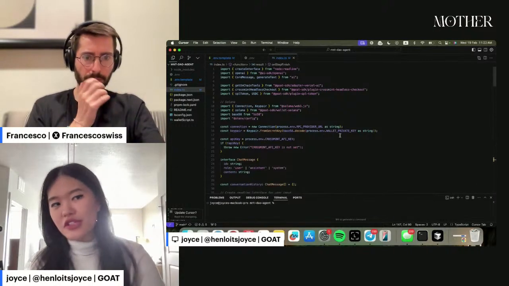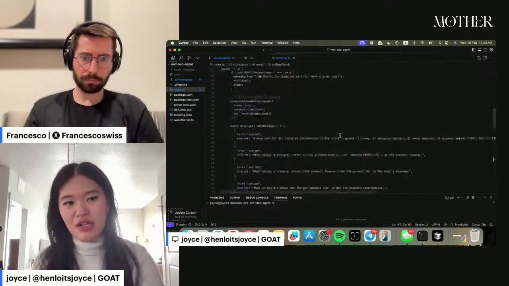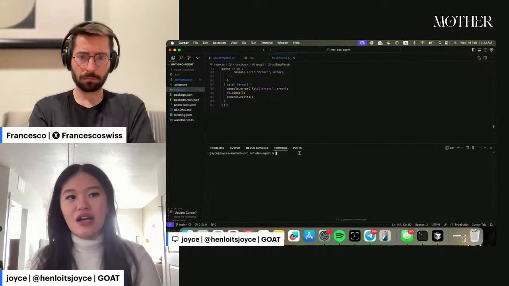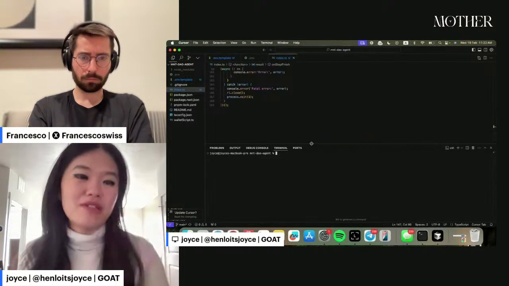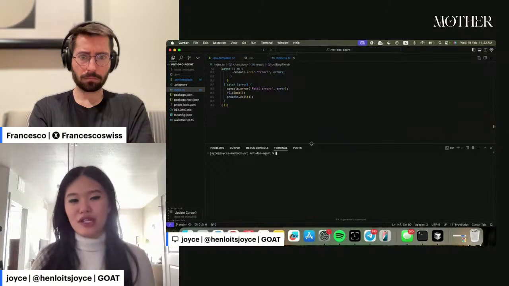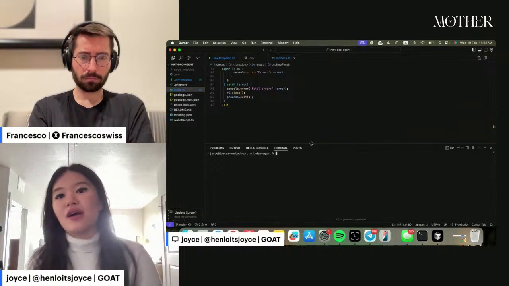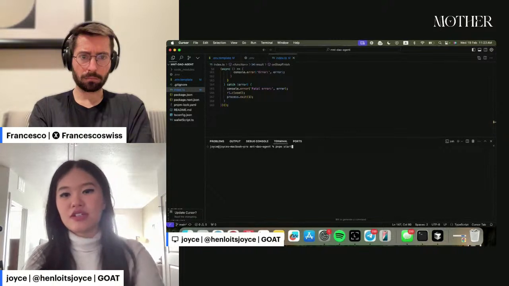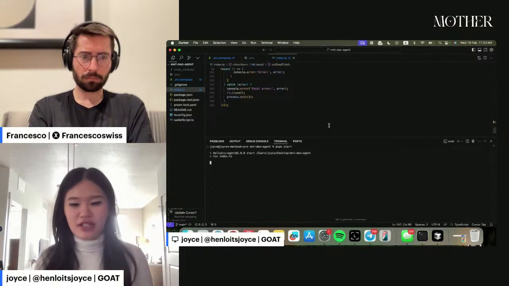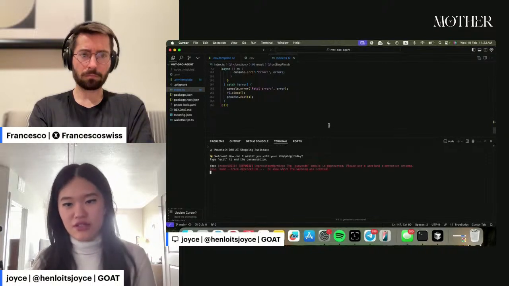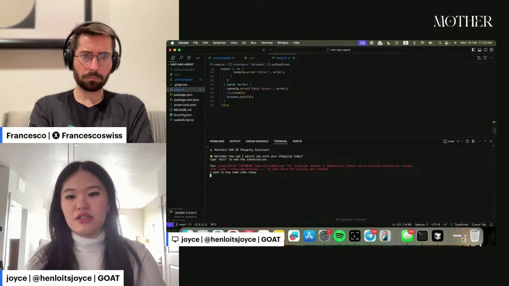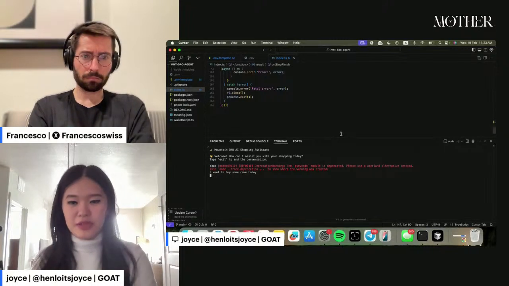Usually when we make these demos, we just chat with the agent in the command line. Sometimes, if I have more time for the demo, I port it into a Telegram bot that I can chat with. But for this one, it's super easy, I can just chat with my agent in the terminal itself. So I'm just going to say I want to buy some Coke today, and it's probably going to